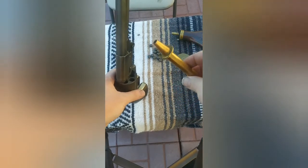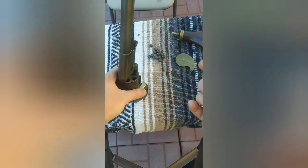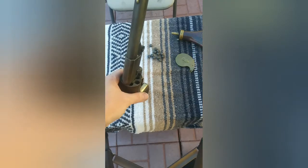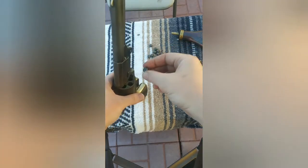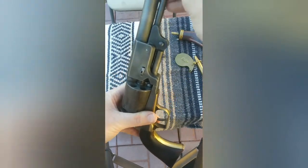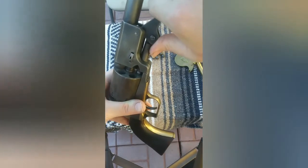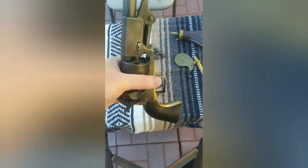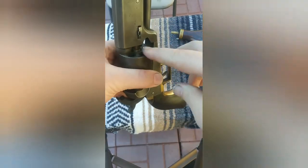Since I'm home, I'm not going to be able to load this just because I can't shoot it out. But for brevity's sake, pretend we put in 50 grains of powder. We take our round ball, rotate it under this rammer, which unconnects, and you would push it down, lodging the ball into the cylinder. Once you got that far, I have a grease mixture. It's beeswax and lamb's tallow, and that's what I use as a lubricant that I smear over the top